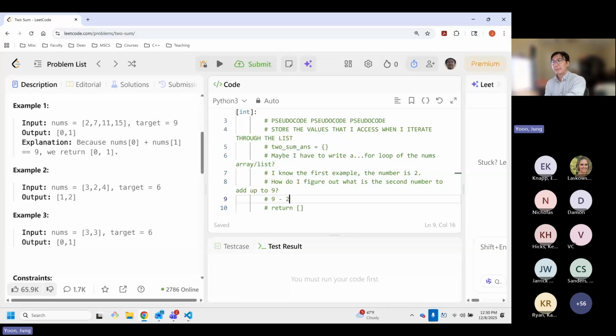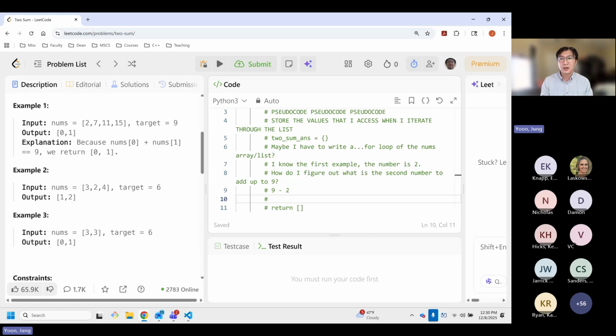Now, for Alan and everybody else here, especially David, we know for a fact that we cannot guarantee that the target will always be 9 or always be 6. Do we all agree with that? We also cannot guarantee that the first number will always be 2 or 3 or whatever have you. So we need to create a program that will allow us to keep track of the numbers we're going through. So maybe we create a temp variable inside the for loop.